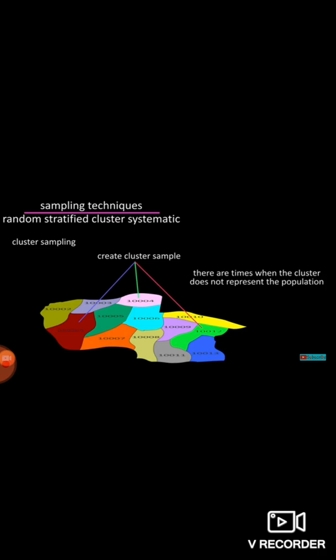representative of the entire population. The data we get from the sample is not representing the population. What are the problems with this method? It is not representative. And why do we follow this method? When the population is very, very large, and very large scale surveys are done, then we use this method.